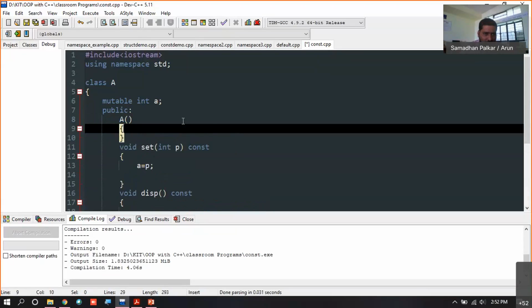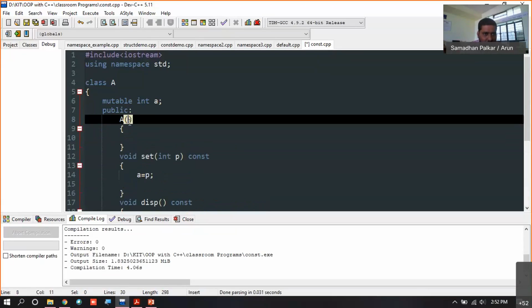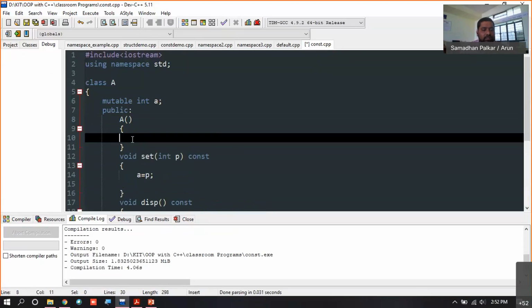So if the constructor is without parameter, in that case it is treated as a default constructor in case of C++. Keep those words in mind, right?